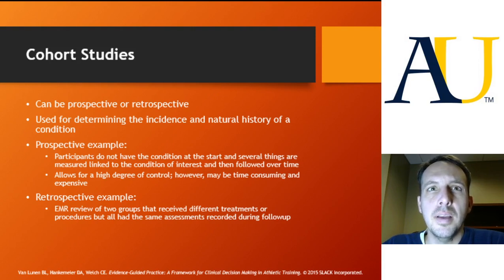So really, oftentimes, you're looking at the prevalence or the possibility of individuals with injuries, or looking at people that have had this condition in the past and possibly have sought different treatments. So in the prospective example there, in trying to describe that natural history, we're looking for individuals that may be at risk for a specific condition. And so we're going to prospectively test them for a number of different